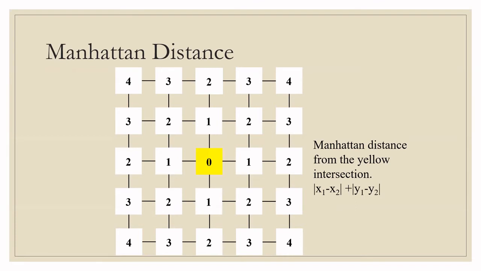So in order to get the lesser number of tile moves, we are going to use the Manhattan distance, which is defined as the absolute value of x1 minus x2 plus the absolute value of y1 minus y2. From this position to reach the middle position, you need 4 tile movements. You can see that all the values represent the tile movements required to reach the middle position.